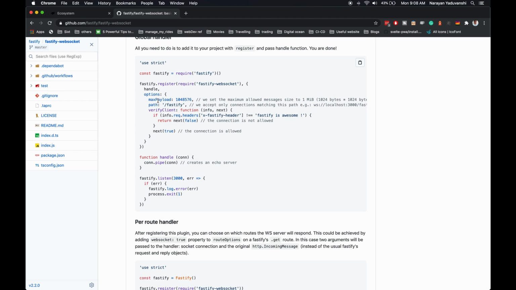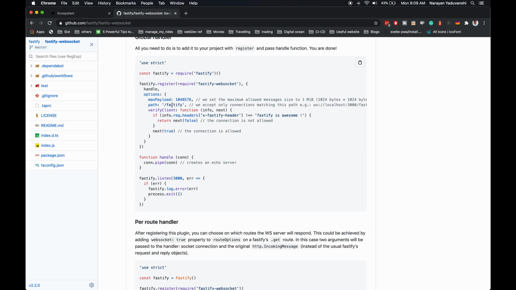What this does is you can specify some keywords. For example, max payload literally means what it says: the maximum size of the message that is allowed to be passed from WebSocket client to server, or vice versa. If it exceeds this number, it's going to show an error.